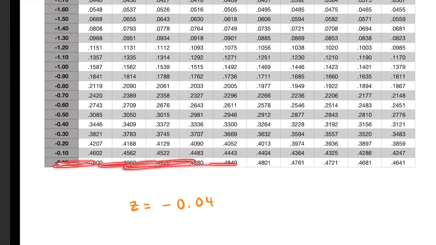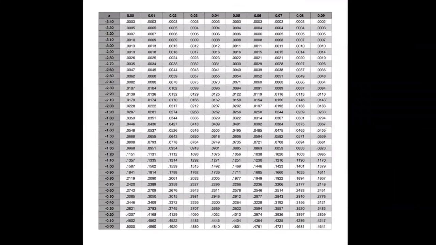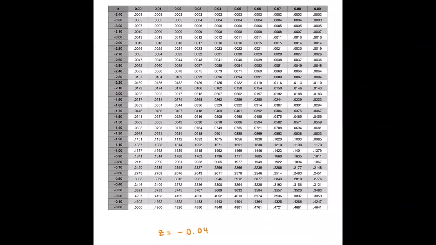If we cut off this bottom row right here and we just stopped at negative 0.10, we'd have no way of getting to this z-score. To zoom out and show this all together, we would have to look at the negative 0.00 row again to get the first two decimal places, at least the one place to the left of the decimal and one place to the right of the decimal. And then we have to look at the 0.04 column for that last 0.04 part. So we go all the way down, we come all the way across, and we get this